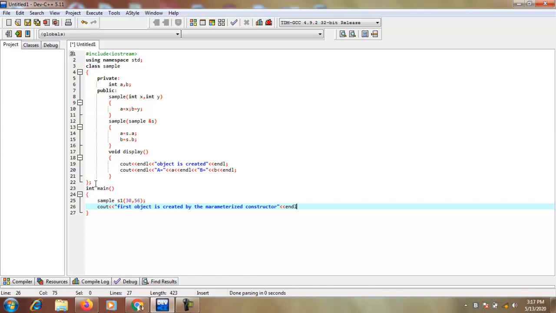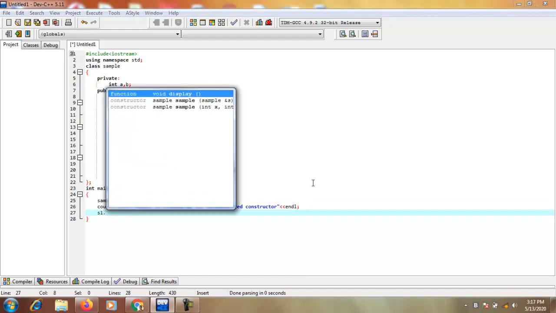Then I use the endl semicolon, and then I call the first object.